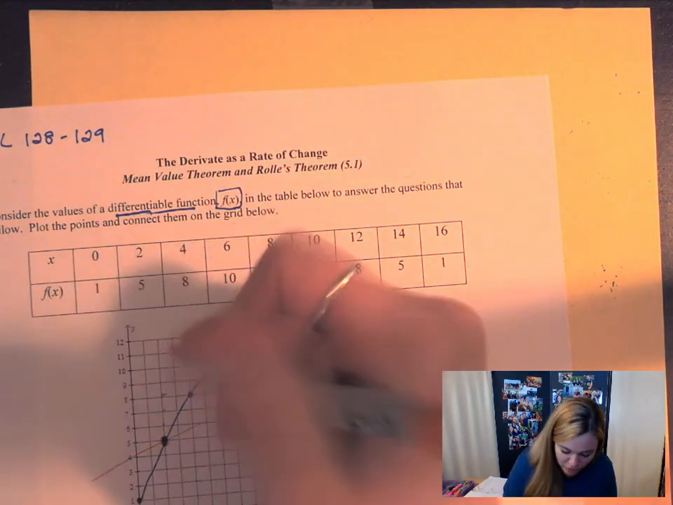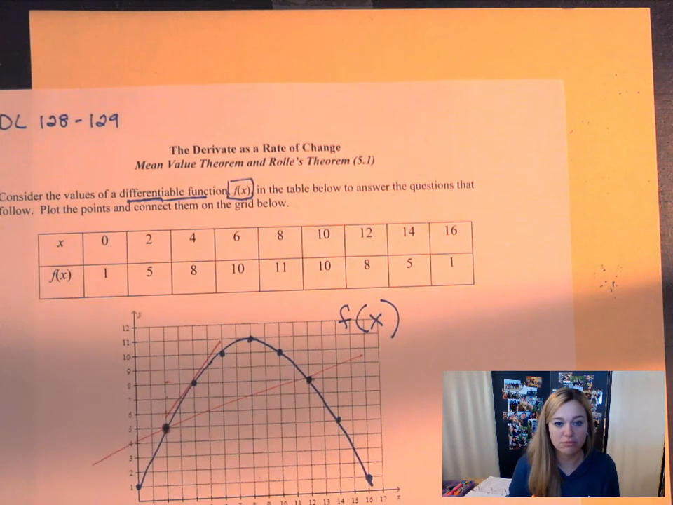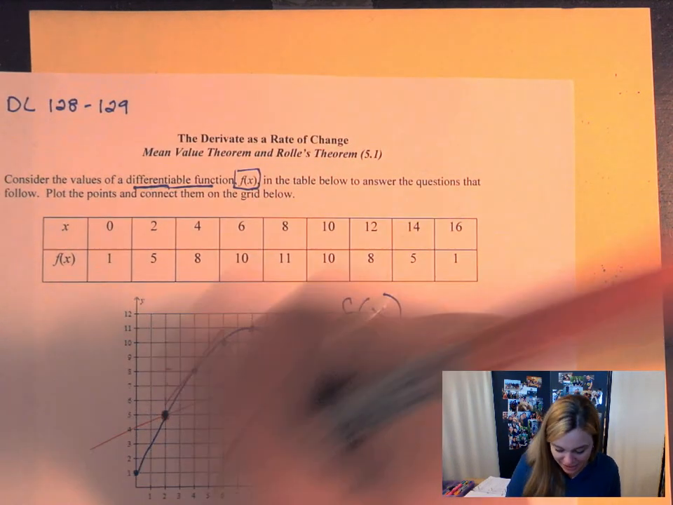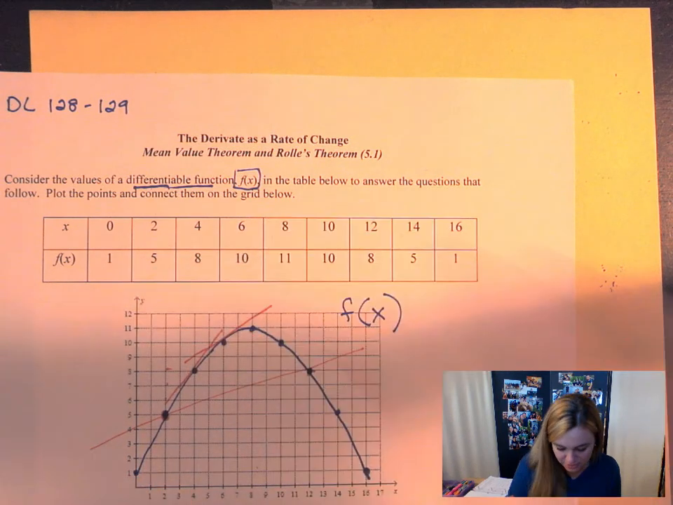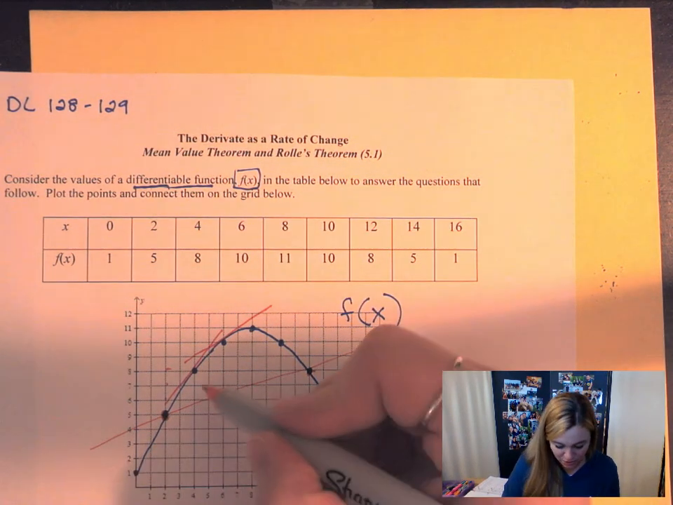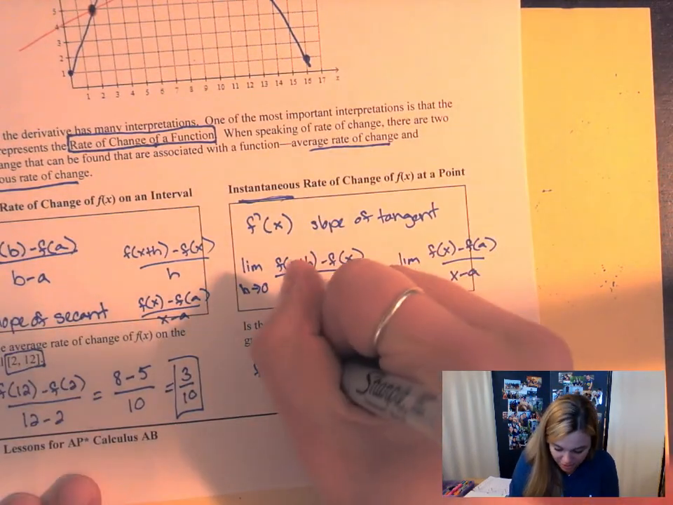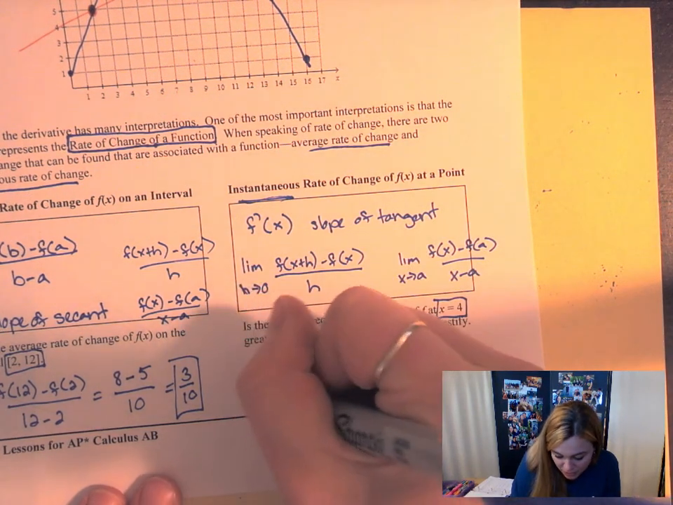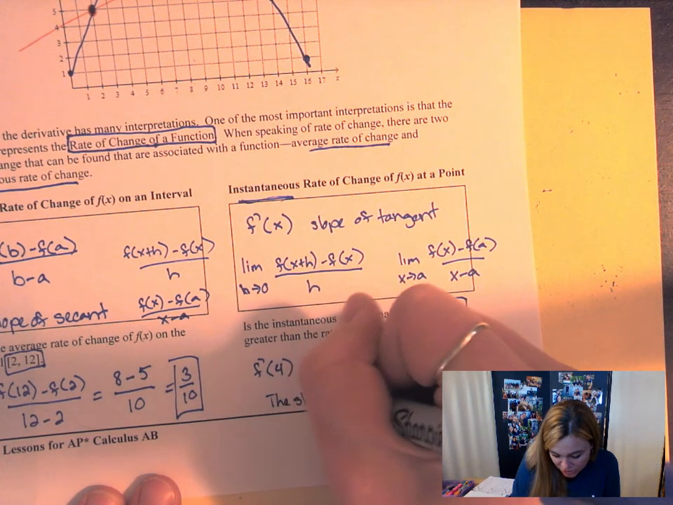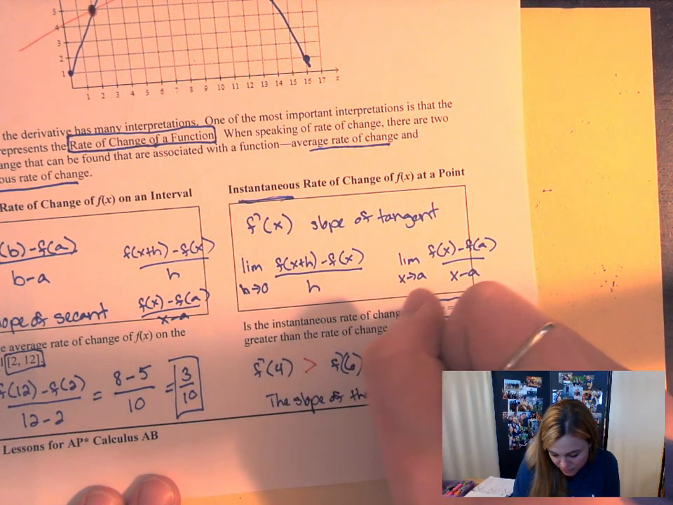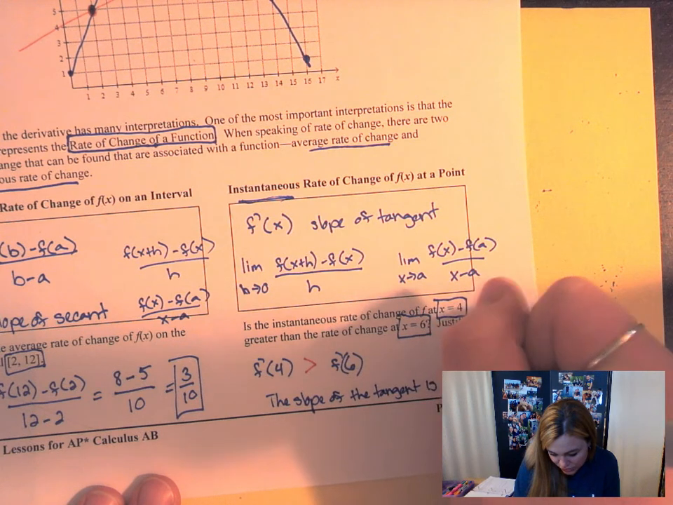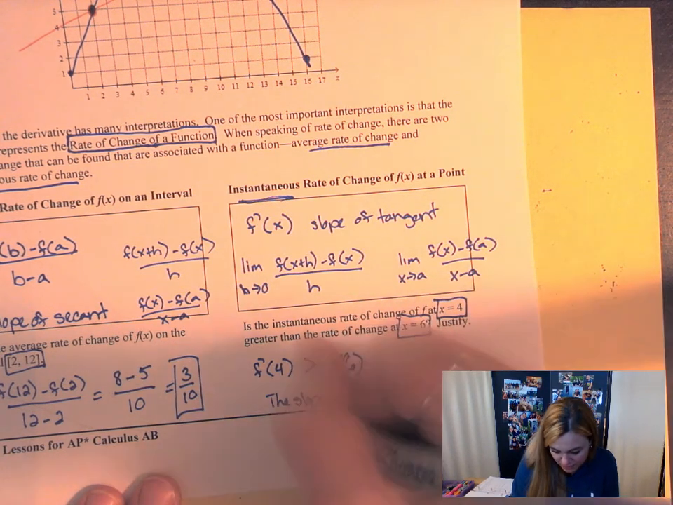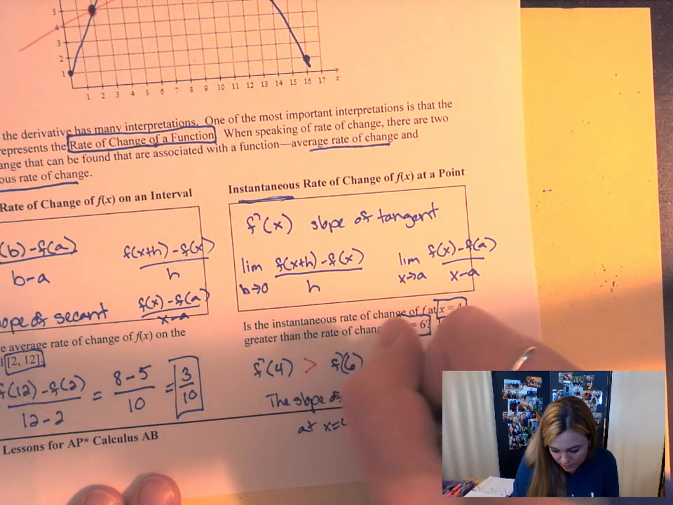If I go up here to the graph and I say, well, at 4, I can draw a line like that for my tangent. At 6, it's going to be more like that. It looks like this first one is steeper, which means that f prime of 4 is greater. If I justify this, the slope of the tangent is greater at x equals 4 than the slope